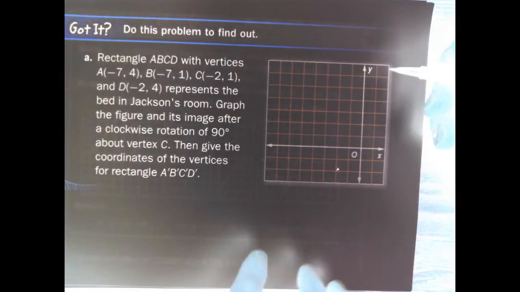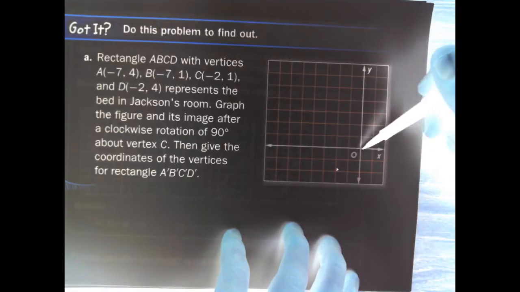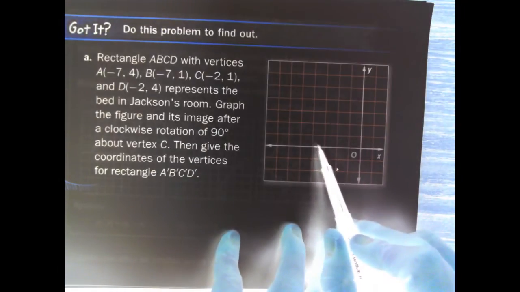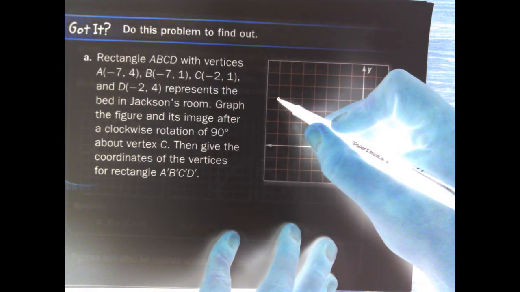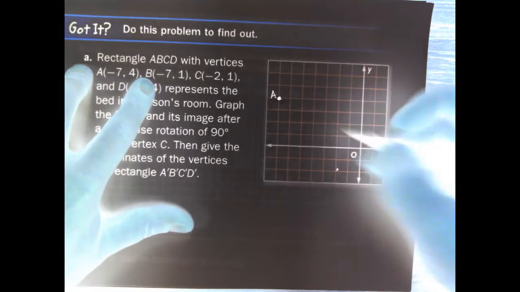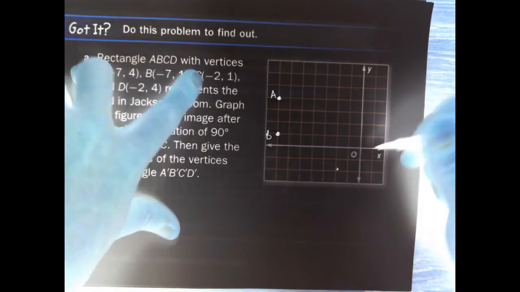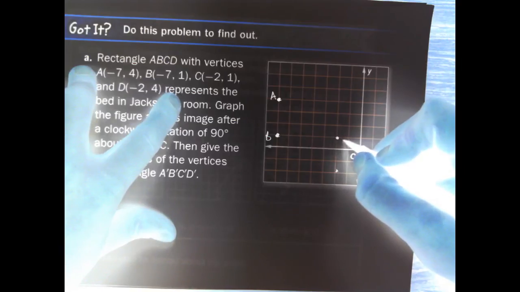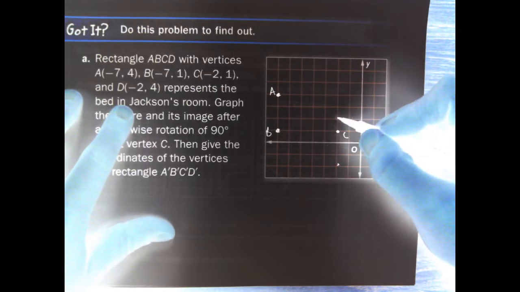Okay, you should have tried A on your own. Let's go through it. So if I'm at -7, 4, let's see if I got enough room here. 1, 2, 3, 4, 5, 6, 7. I do. 1, 2, 3, 4. Right there. That is point A. -7, 1 would be B. -2, 1